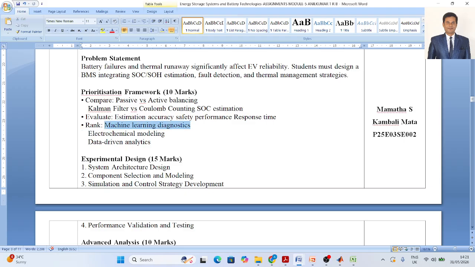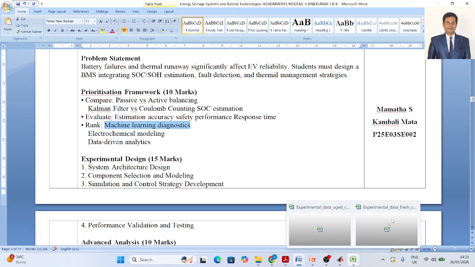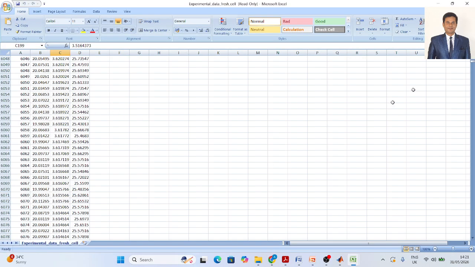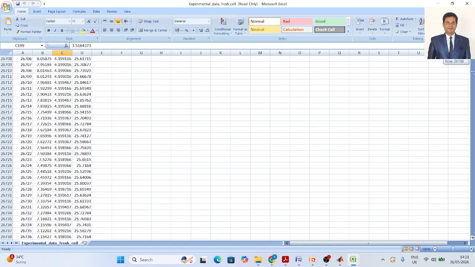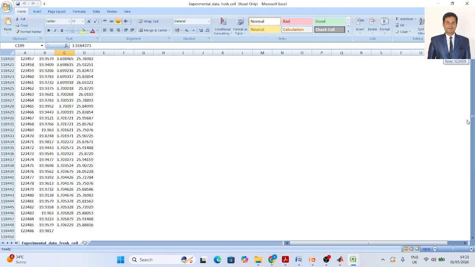See, machine learning diagnostic is very easy. Every time, it gives you real time data, yes or not? It is trying to give the real time data. See, every time in the data set it is giving the proper data. Temperature is not getting raised, yes or not? Look at the temperature, it is not getting raised. I have taken a lot of data.